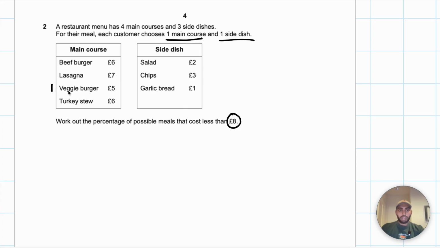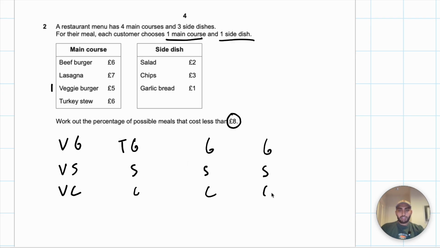So the first one that I'm going to look at is these veggie burgers because it's the lowest price. I've got veggie burger and I'm going to write garlic bread first and then salad and then chips. The next one I'm going to choose is turkey. I'm going to do the same order: garlic bread, salad and chips. So this is my turkey stews. The next one I'm going to choose is my beef burgers. And the last one will be lasagnas. I've chosen to do this just so that they go up in ascending order, so it will make it easier